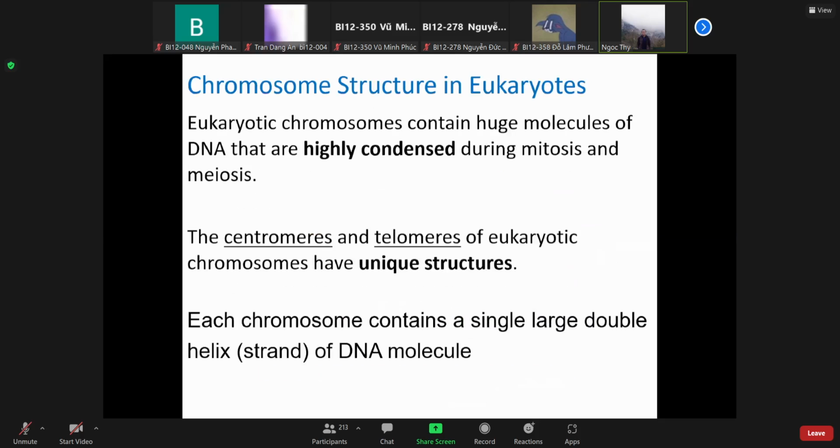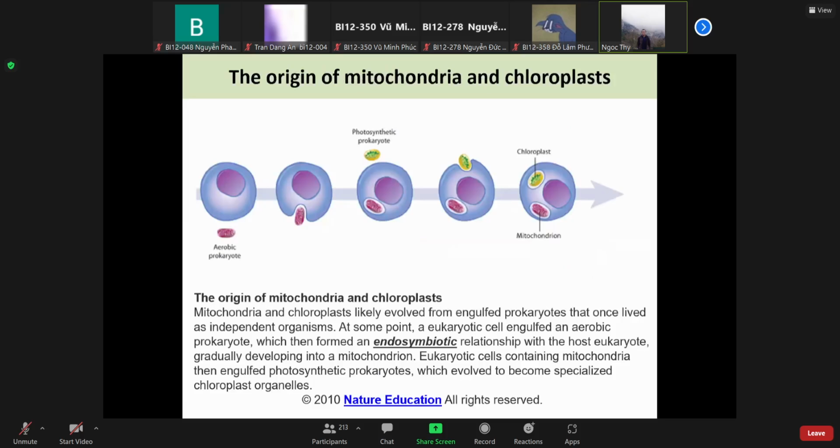Scientists have provided a theory called the endosymbiotic theory, in which millions of years ago, a prokaryotic cell became symbiotic with a eukaryotic cell, got inside and participated in glycolysis to synthesize energy for the host cell. The evidence for this theory is that the genome of the mitochondria is similar to that of prokaryotic cells. So today we will